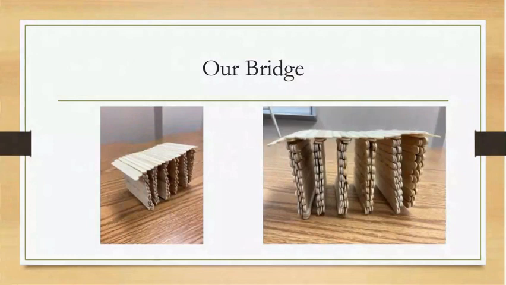The left picture is a part where we can see the whole bridge from the bottom left corner of the bridge, and the second picture is just a picture of the front. And that's our